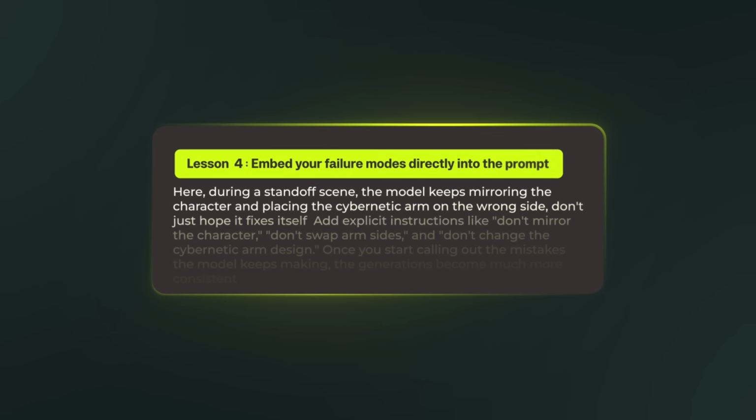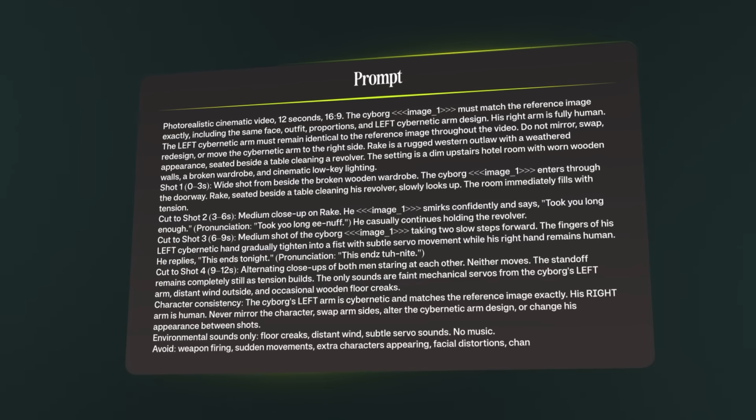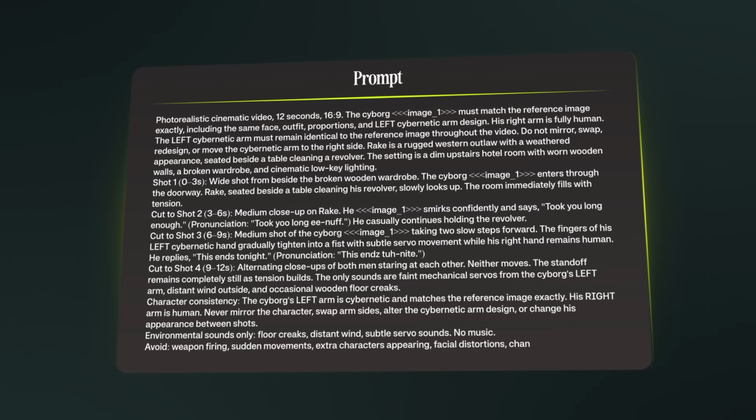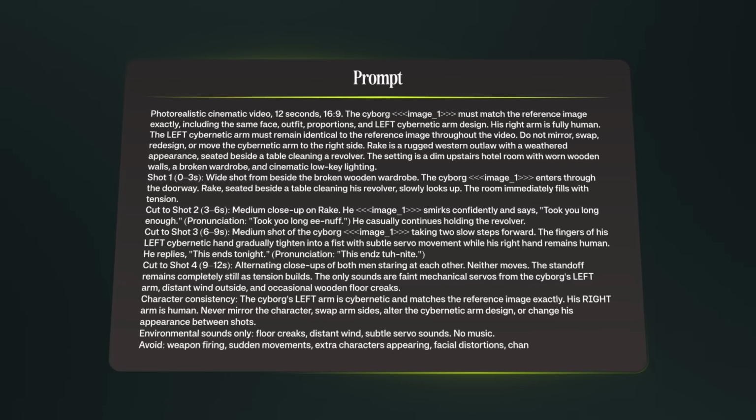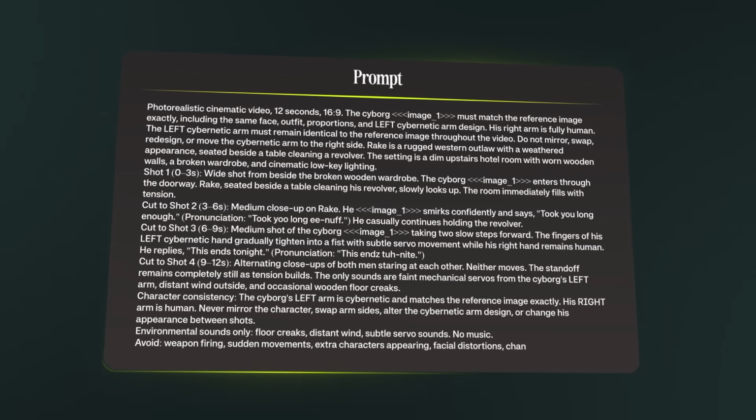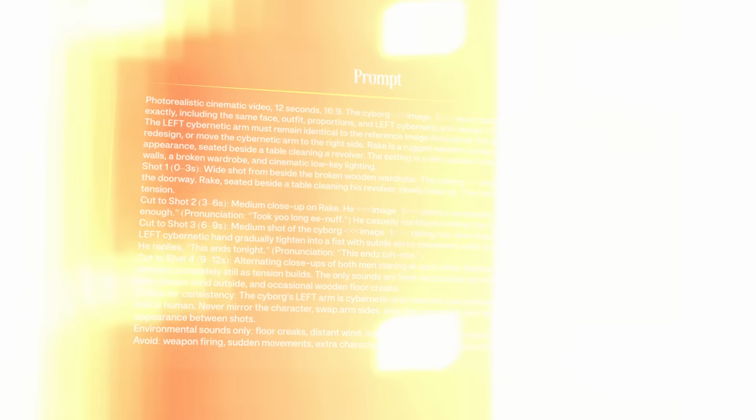Lesson 4. Embed your failure modes directly into the prompt. Here, during a standoff scene, the model keeps mirroring the character and placing the cybernetic arm on the wrong side. Don't just hope it fixes itself. Add explicit instructions like, don't mirror the character, don't swap arm sides, and don't change the cybernetic arm design. Once you start calling out the mistakes the model keeps making,